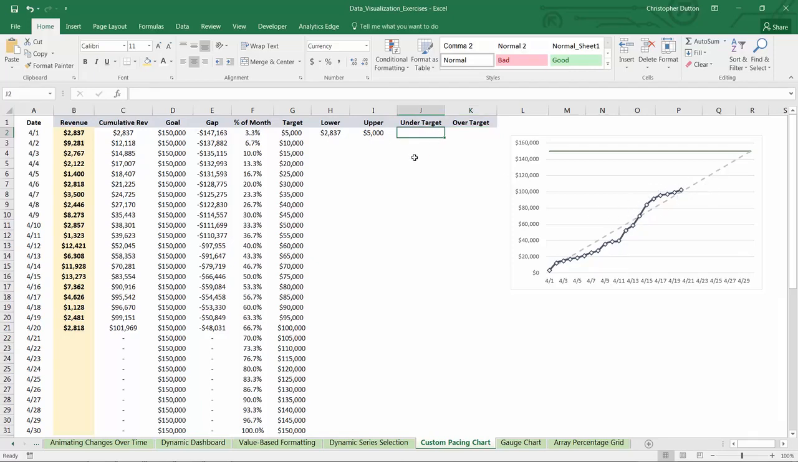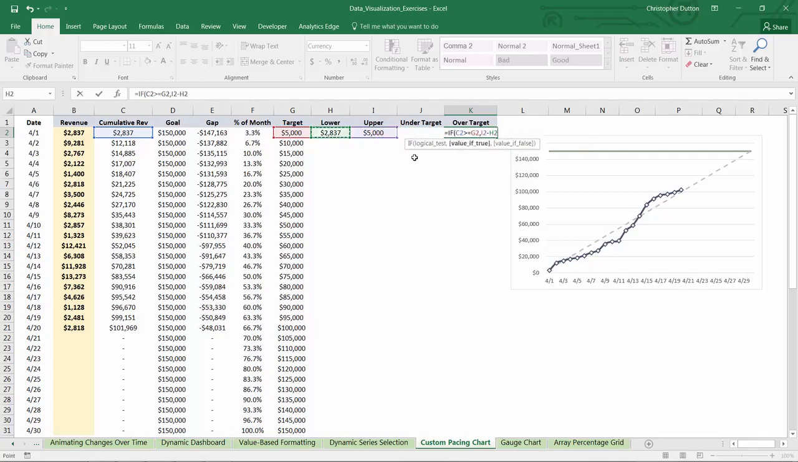target line. So in cell J2, we can type equals IF our cumulative revenue is beneath the target, then the value we want to return is the difference between the lines, which is just the upper bound minus the lower bound. Value if false is just a blank, so 2 quotation marks. And then very similar case for over target: equals IF our revenue is greater than or equal to the target, then again return that difference, which is upper minus lower,